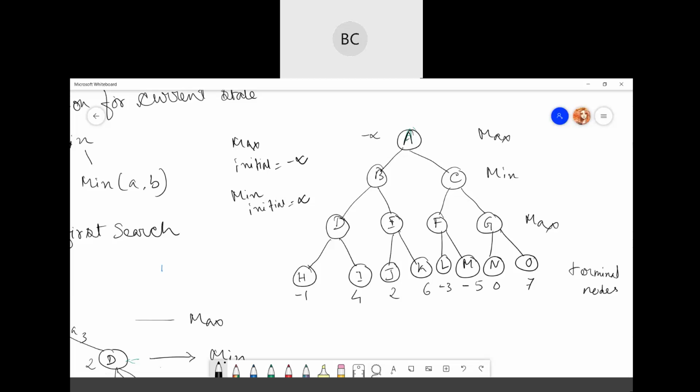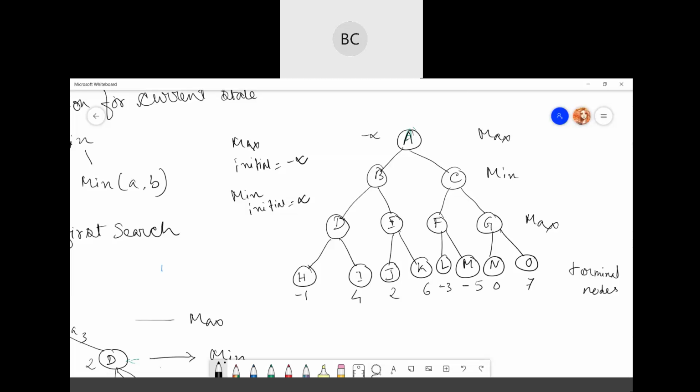So suppose the maximizer or max takes the first turn which has the worst case initial value -infinity, and the minimizer or min will take the next turn and the worst case initial value will be +infinity. Next, we will find the utility values for the max, and the initial value is -infinity here. So we will compare each value in a terminal state with the initial value of max and determine the higher node values.